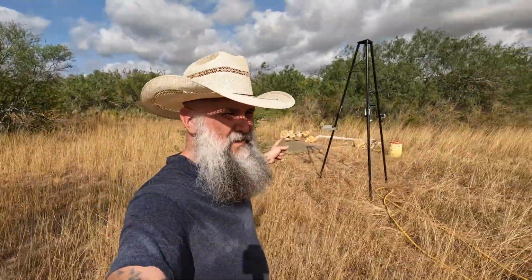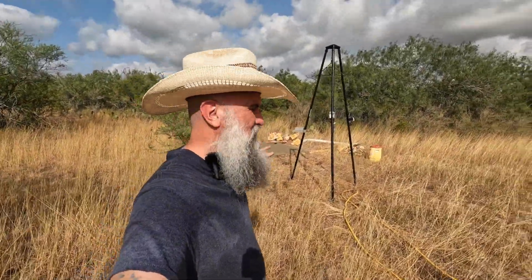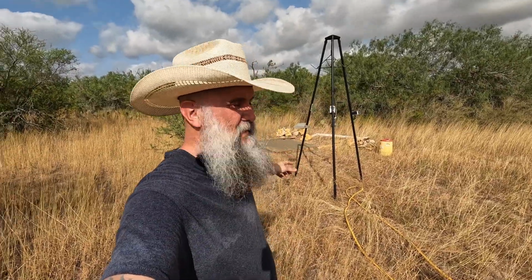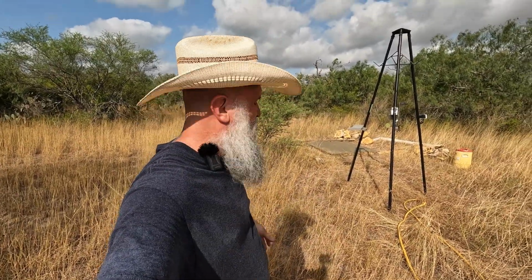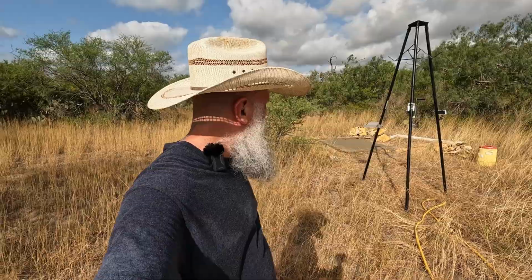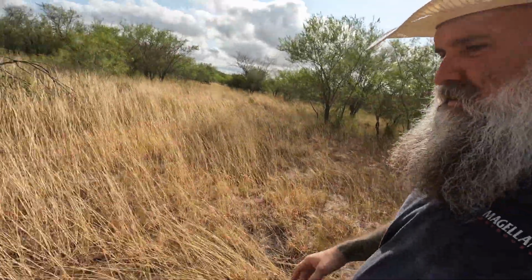You know, so you might be thinking, why do you put that in the middle of nowhere? Why is it way out there? So one, furthest away from where we camp, so if the coyotes come, they're not near our camp. Two, we are going to build a little covered area after a while so that we can have some shade here. And three, I think this is the most important one, is that is actually direct line of sight down